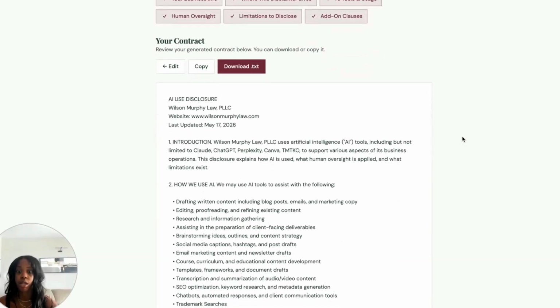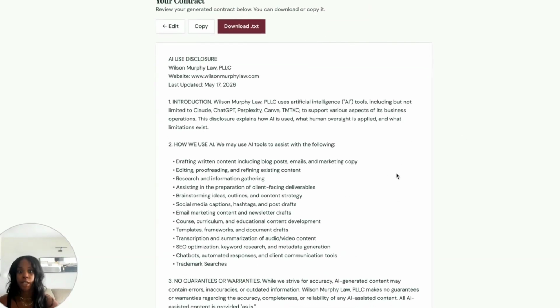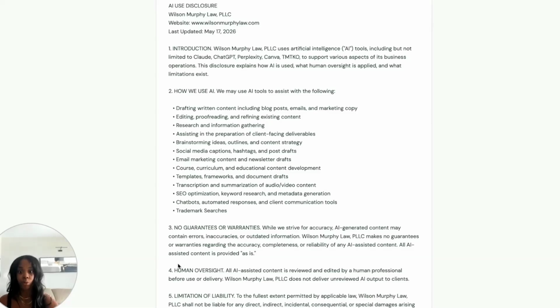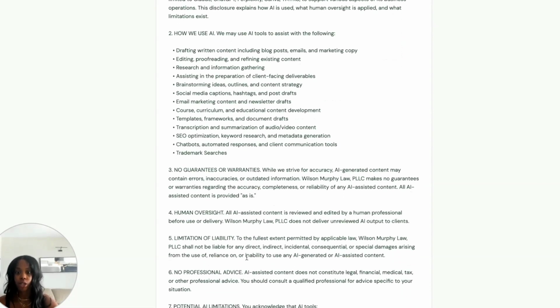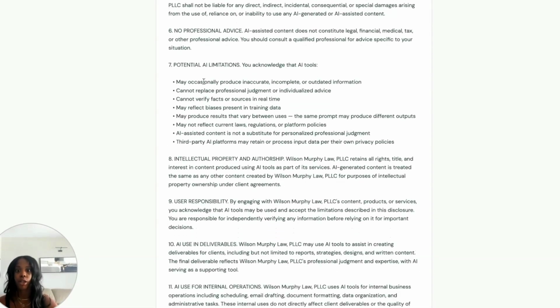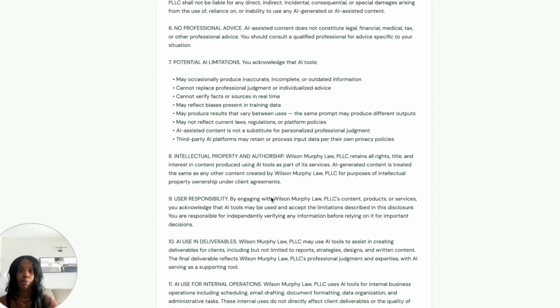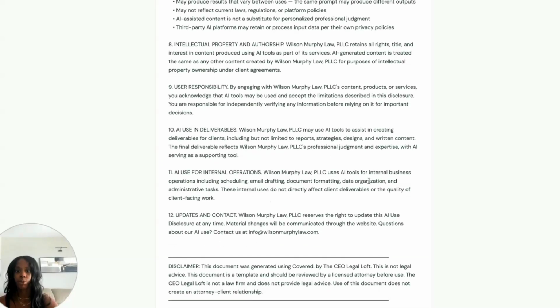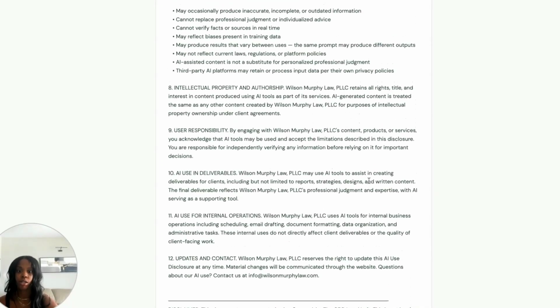And this is what your output looks like. We see that we have the section, how we use AI. Like we said before, no guarantees or warranties. That's something that we discussed in the AI disclaimer section. We have that human oversight. We have that limitation of liability, making sure that we make it clear that it's no professional advice, the AI limitations, intellectual property and authorship, user responsibility, AI use in deliverables, and AI use for internal operations, and then